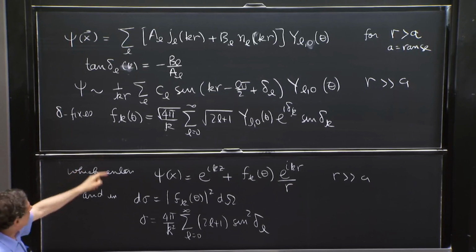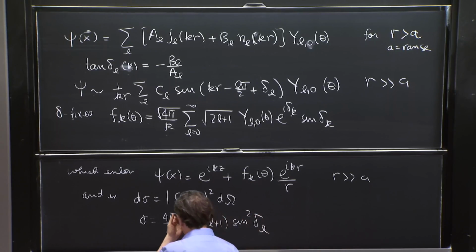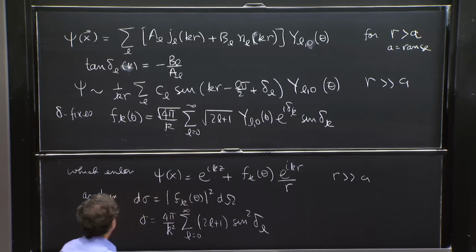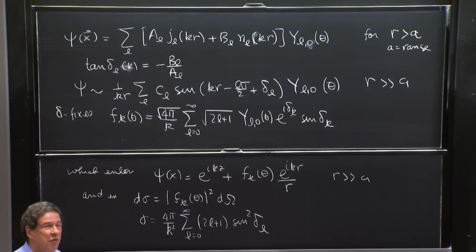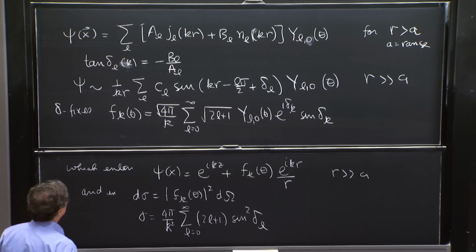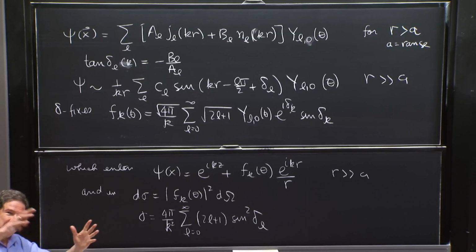And this solution that we've written on top is a solution written for spherically symmetric potentials in the case that the potential is zero. That is, that solution is valid away from the potential. We constructed it with the free particle solutions, the j_l and the n_l of kr, of the spherical or radial Schrödinger equation. In particular, we identified these objects called phase shifts that we discussed in the process of scattering